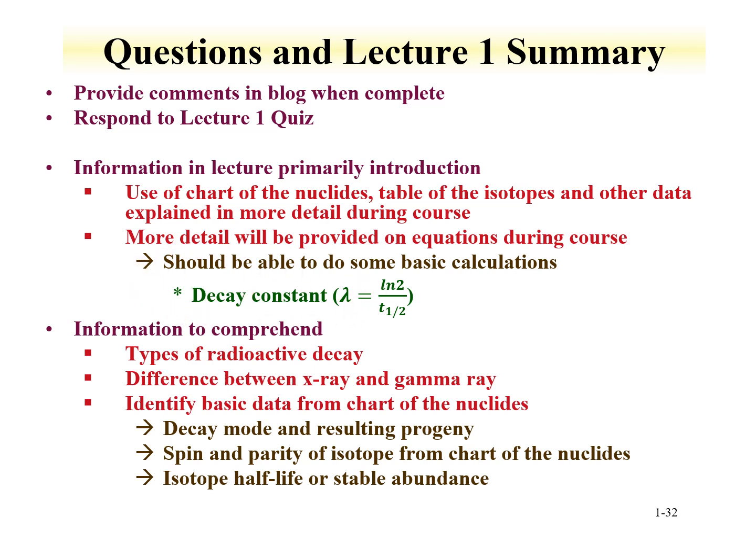The information that you should be expected to comprehend from this lecture includes the types of radioactive decay, the difference between an X-ray and a gamma ray, and you should be able to identify some basic data from the chart of the nuclides. This includes decay mode and progeny, spin and parity of isotopes, and an isotope half-life or the stable abundance of that isotope. You should also be familiar with the history of nuclear physics research that resulted in